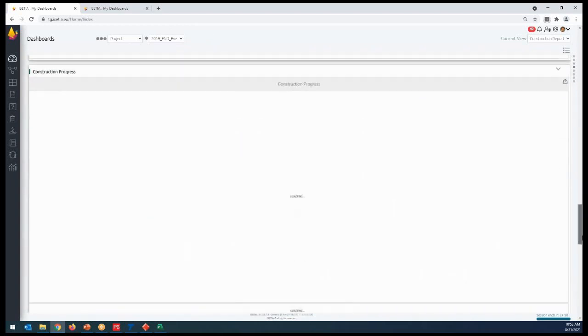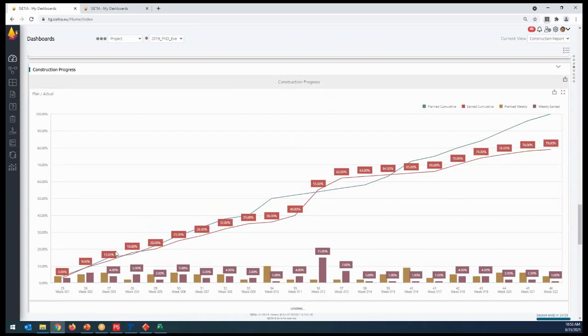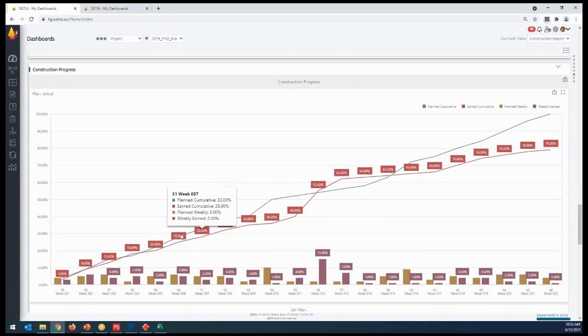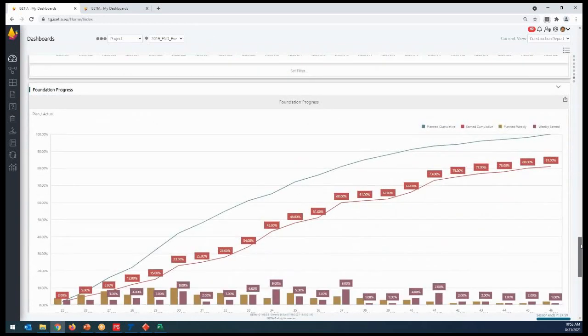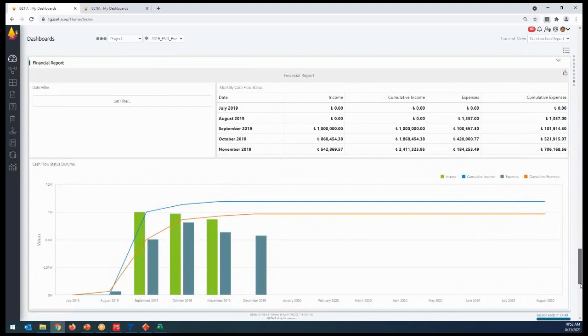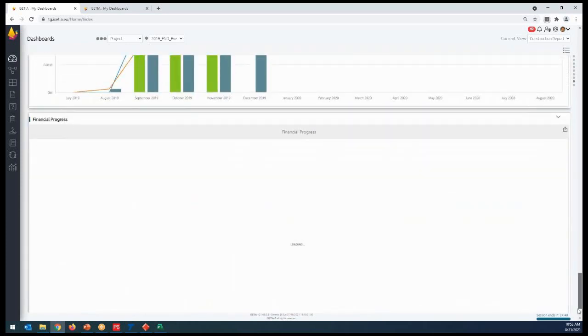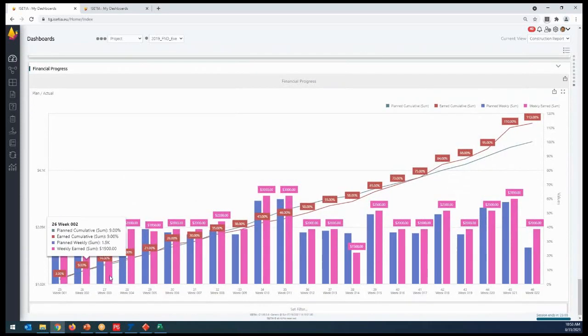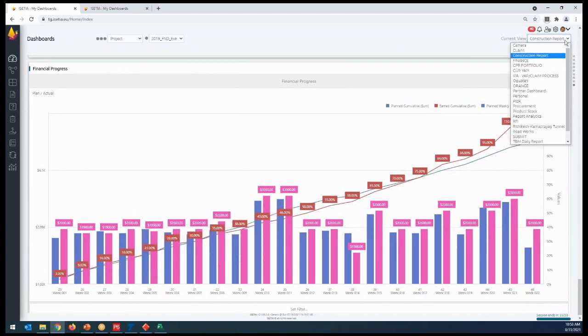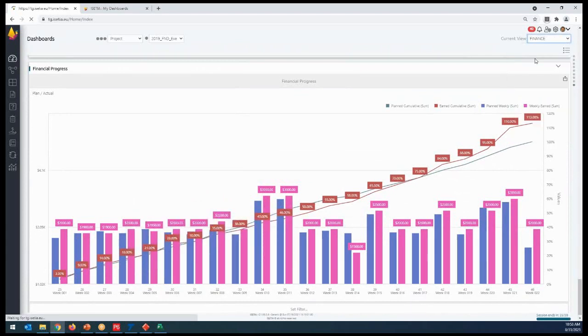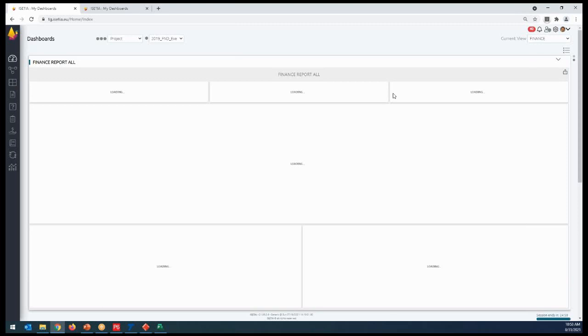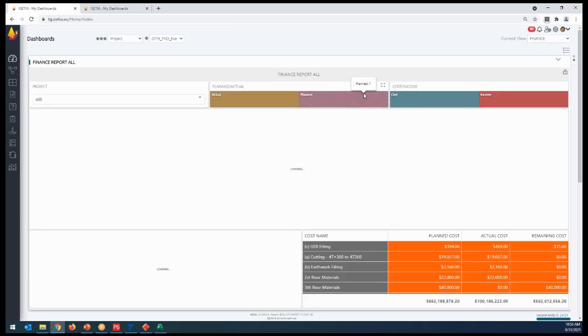We can bring a planned versus actual report, an S-curve with earned value analysis. We can provide it here for discipline-based construction activities, financial reports, financial progress, weekly pace, what the weekly pace was. If you want, you can open the cash flow and cost controlling interface for project base. You can get the project controlling cost report. So I open the finance reports.